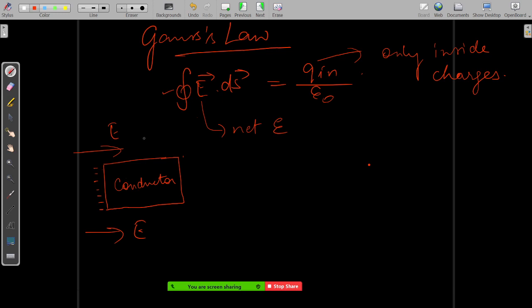Now, since the electric field is in the right hand side direction, the electrons are going to get forces on the left hand side, and they are going to accumulate on the left surface. So the left hand side will be negative, and the right hand side will become positive, like charge due to induction.